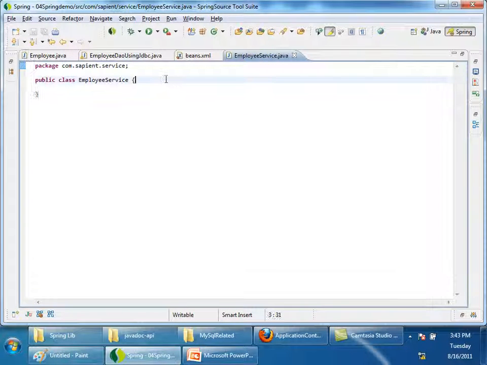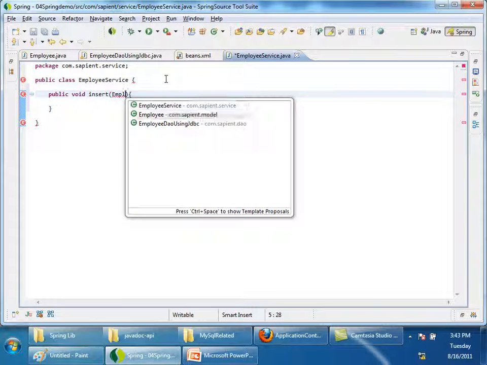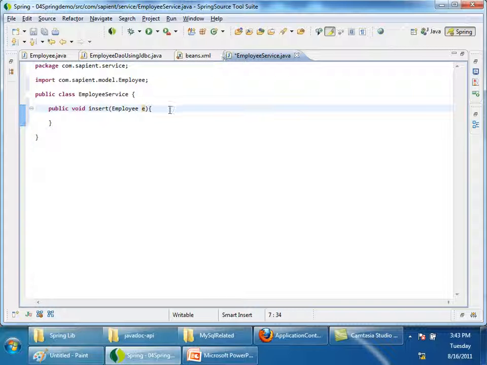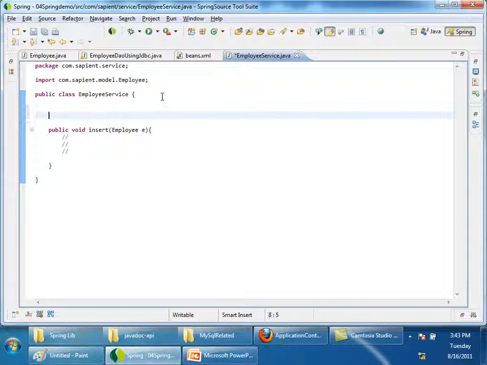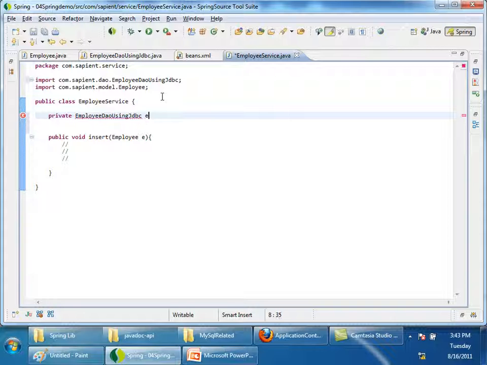Here I will also write one method, public void insert, which will take an employee object. But then this service has to do some business logic and finally invoke the DAO. Service is dependent on DAO, so I'll create a variable to tell about the dependency. Private employee DAO, employeeDAO. Then I can auto wire it,